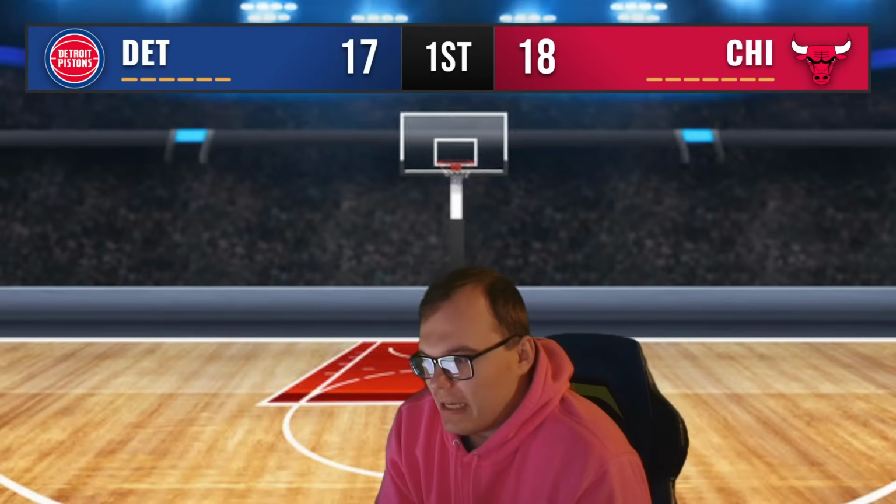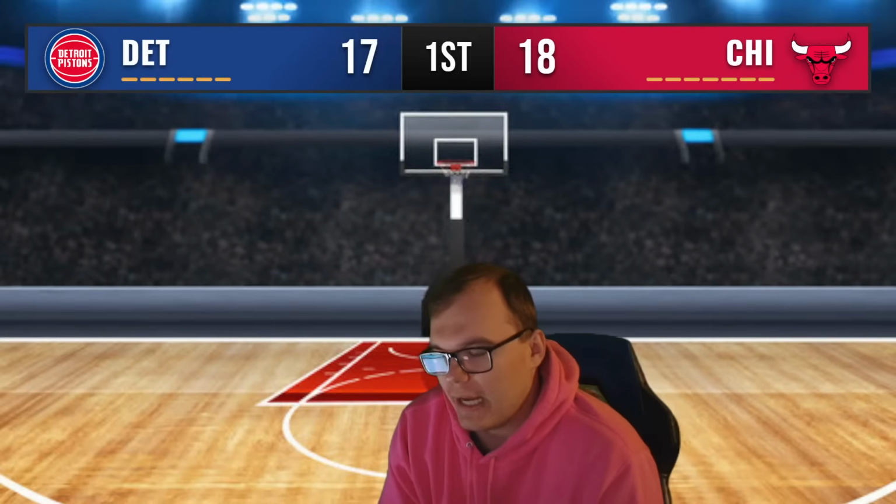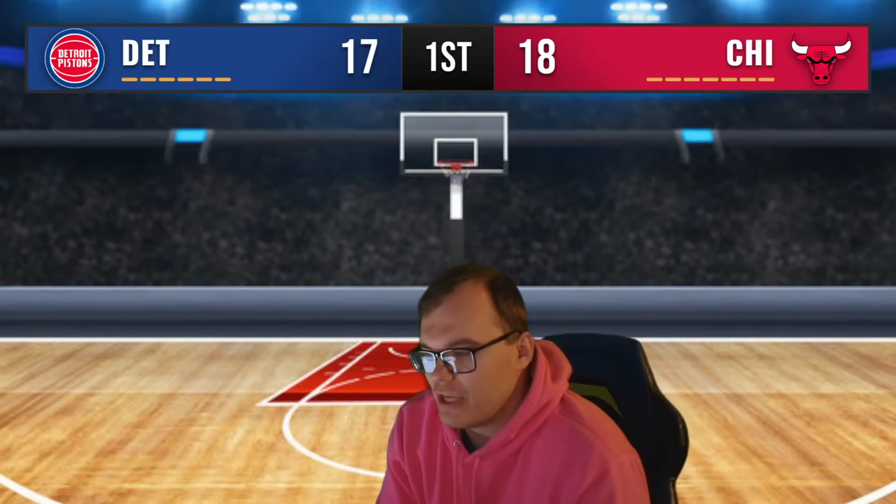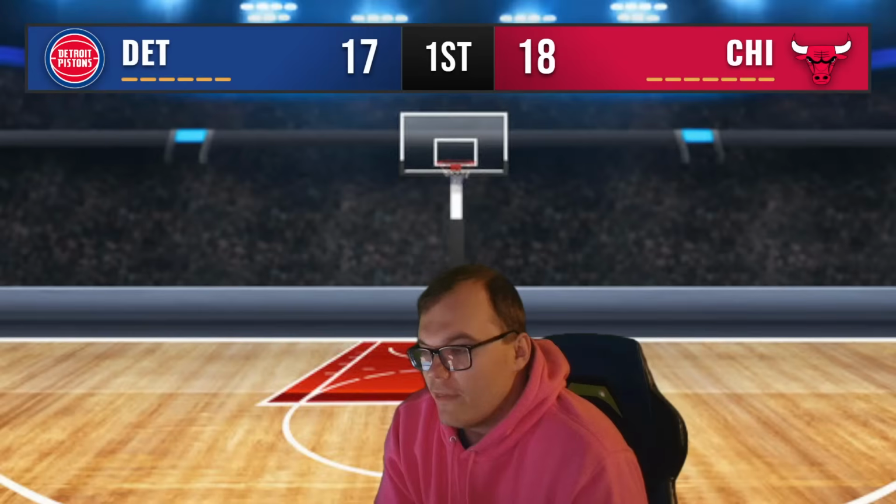Mates drives inside here, loses the basketball. It's going to be turned over, though, by Mates. Pistons are going to get it back from the other possession. Ron Holland and Kevin Huerter, sorry, Caris LeVert are going to be checking into this game for the Pistons. So a couple substitutions off the bench for this Pistons team.